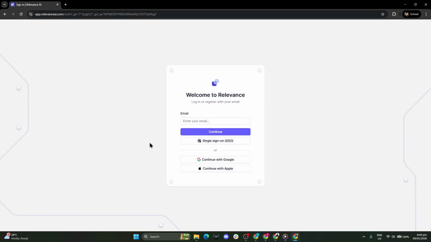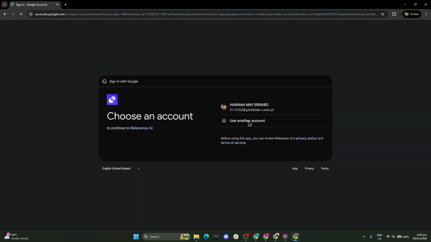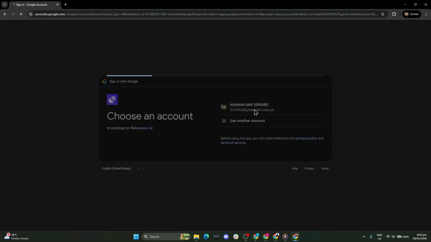This takes you to the registration screen. Here, you have two options. You can type your email address into the email field, or you can click continue with Google. If you type your email, make sure it's one you check regularly, ideally a work email if you're creating an account for your organization. If you choose continue with Google, you'll be asked to confirm which Google account to use,